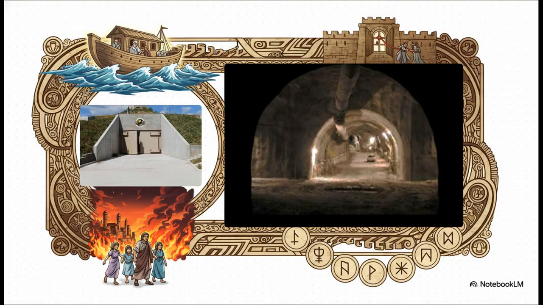But the source draws a direct parallel here. Just like God pulled Noah, Lot, and Rahab out of danger just in the nick of time, this 10-day period is when the faithful are sheltered from the ultimate divine judgment. Think of it kind of like being in a highly fortified underground bunker, but on a heavenly scale. It represents a complete, total separation from the final carnage happening down on earth.